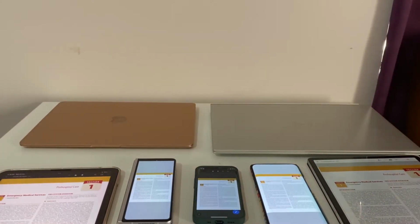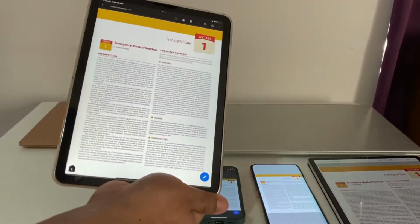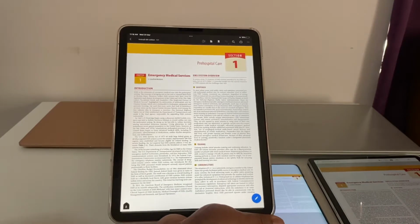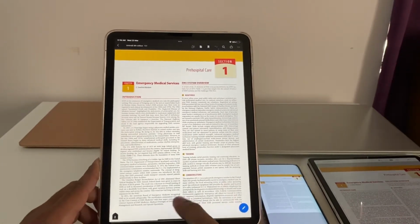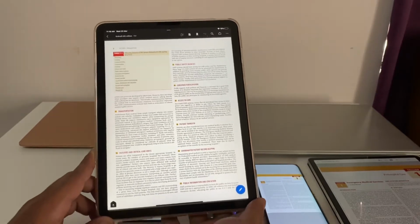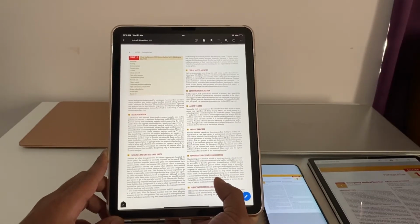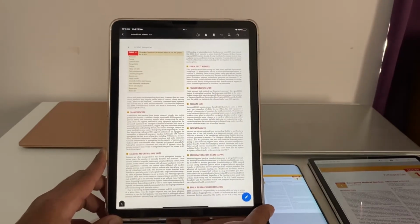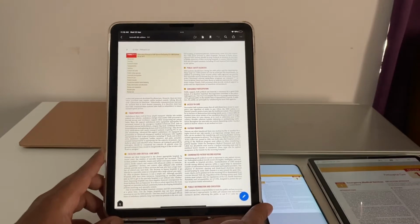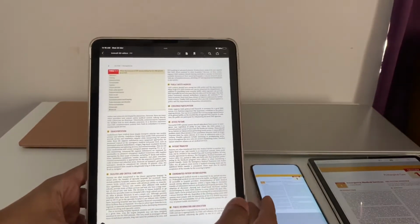Now I want to show you the iPad Air 4, which is the perfect size device for reading books. It's not that heavy, and the size of the screen is just like any textbook. It's actually smaller than a real textbook. This is perfect. You don't need to zoom in to read it, and it's so comfortable. Even if you want to zoom in, of course you can,